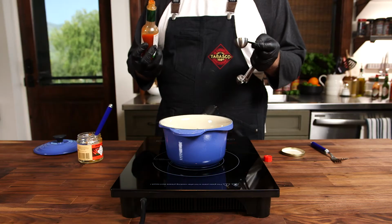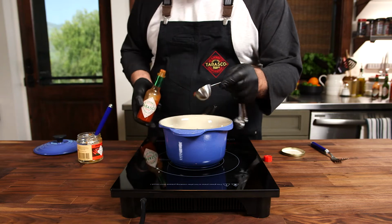And then what I'm gonna do is I'm gonna put 2 tablespoons of regular Tabasco. 2 tablespoons, or 2 Big Papa units right here, because I like tablespoons. If you're gonna go big. Now you got sweet and heat in the peppers. You have sweet in the sauce. Together, this should be really great